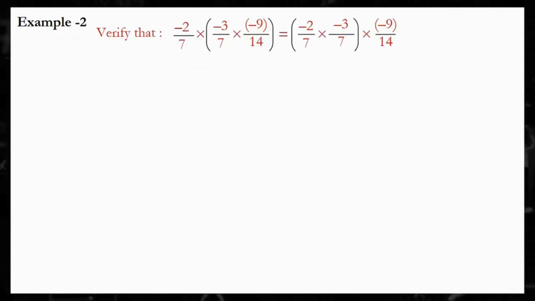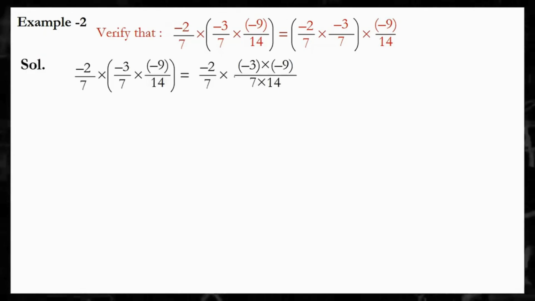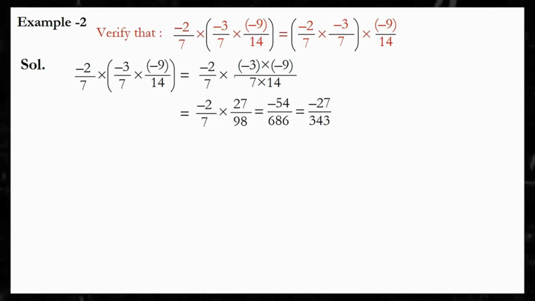Example 2. Verify that minus 2 by 7 into in the brackets minus 3 by 7 into minus 9 by 14 is equal to in the brackets minus 2 by 7 into minus 3 by 7 into minus 9 by 14. Solution. Minus 2 by 7 into in the brackets minus 3 by 7 into in the brackets minus 9 by 14 is equal to minus 2 by 7 into in the brackets minus 3 into minus 9 by 7 into 14, which is equal to minus 2 by 7 into 27 by 98,